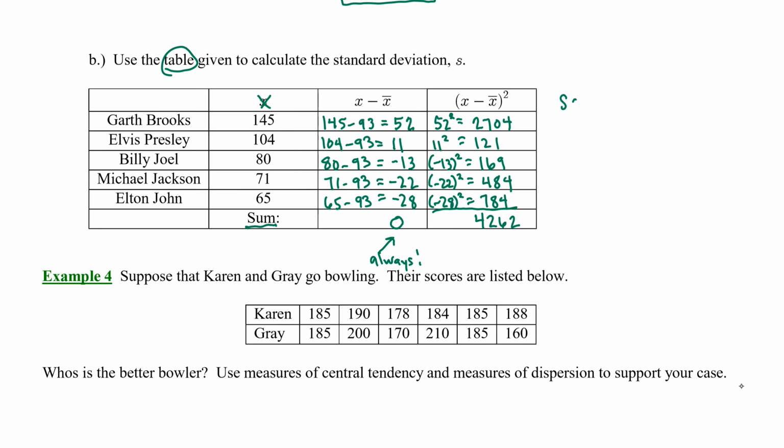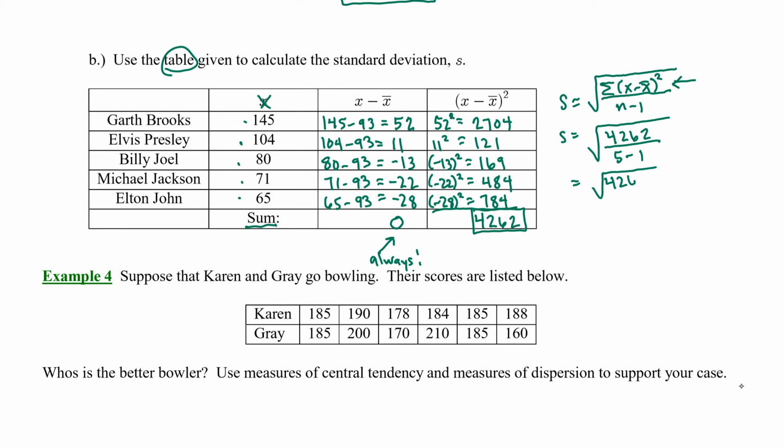Now we're ready to calculate the standard deviation. So recall from our formula, the standard deviation is the square root of the sum of the difference between the data point and the mean squared divided by n minus 1. So let's plug in what we know. The sum of the difference between the data point and the mean squared is given by this number that we worked so hard to find with our table. So that's the number that we put in the numerator. Now, in the denominator, we don't just have n, we have n minus 1. Recall that we have 1, 2, 3, 4, 5 data points. So we're going to divide by not 5, but 4. So we need to find the square root of